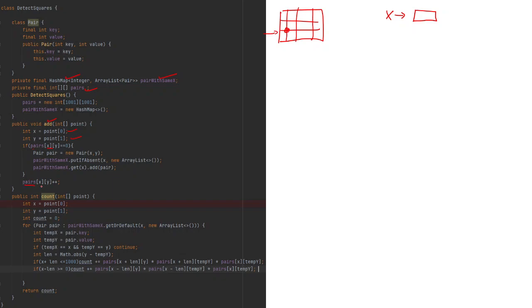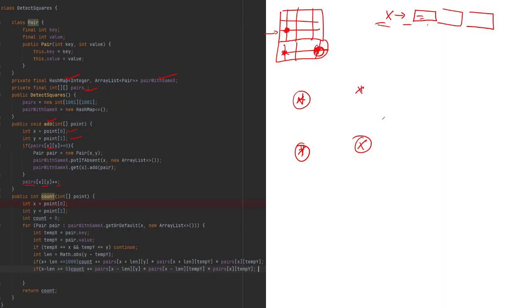See, at the pair x, y plus plus. Okay, so this is basically what we are doing. Now we have stored the point. Suppose we have added this particular point, and for that we have added the count here. Now we have added the particular pair here. Suppose we have another pair, we add it to this x and increase the count. Suppose this is the grid, and we have added this particular pair to the coordinate of x, storing it in the map, and then increasing the particular value.